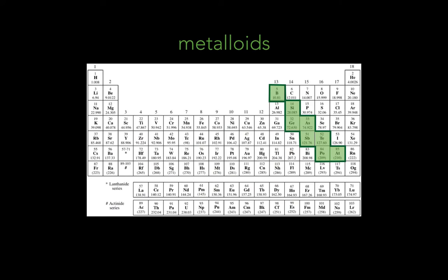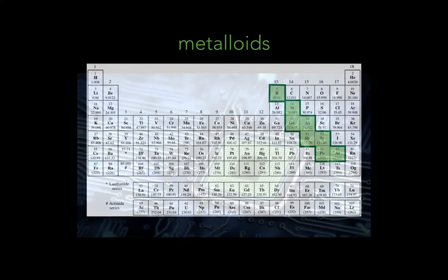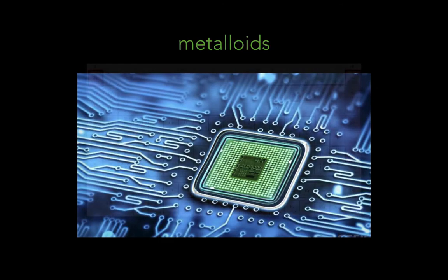Now, then you have your metalloids. Metalloids share the characteristics of both metals and nonmetals. And you'll notice that they form a little stairwell starting at boron, and then it kind of proceeds down in the middle, in between your metals and nonmetals. Okay? So again, they share both characteristics. These elements are typically used in computer parts, motherboards, and chips.